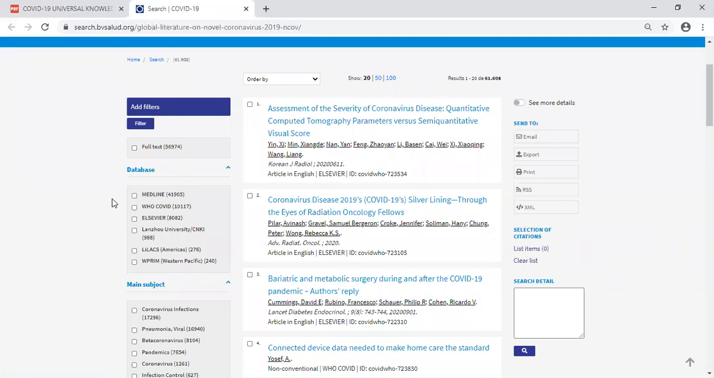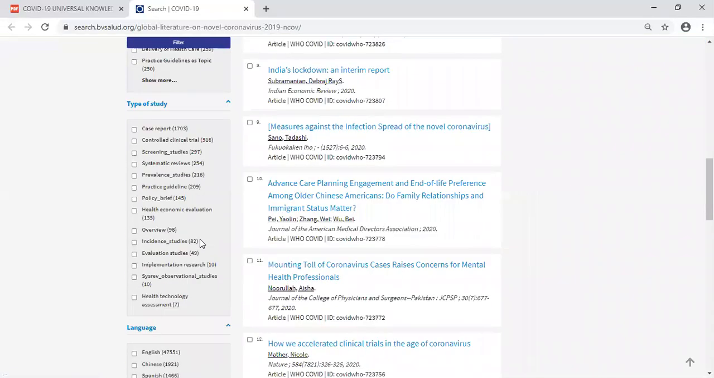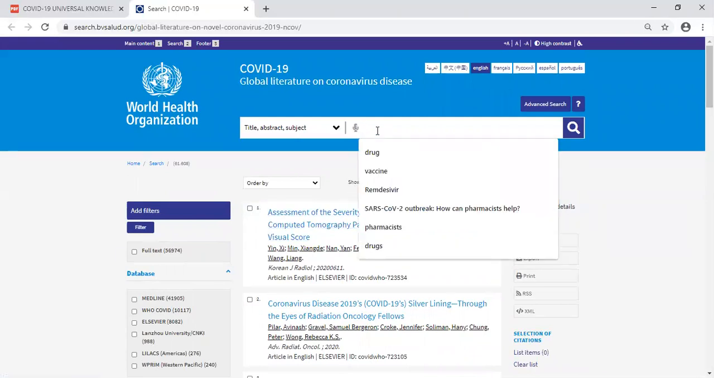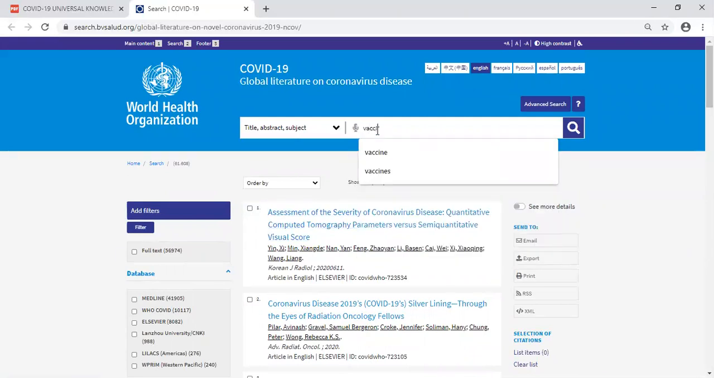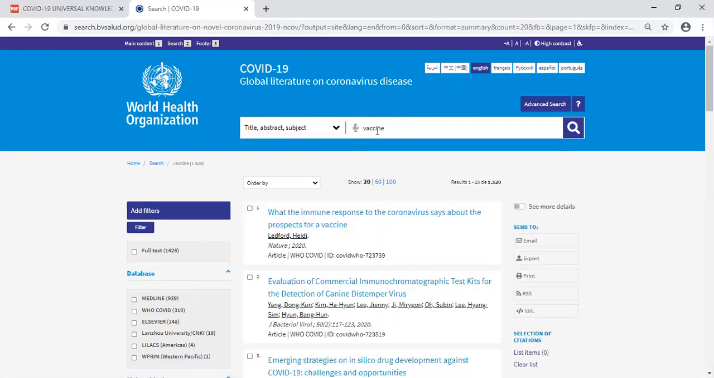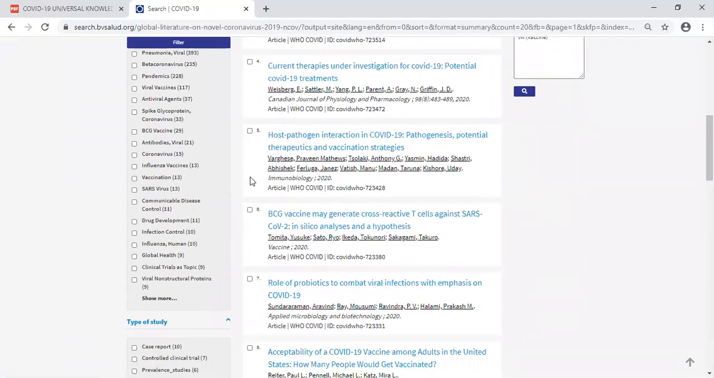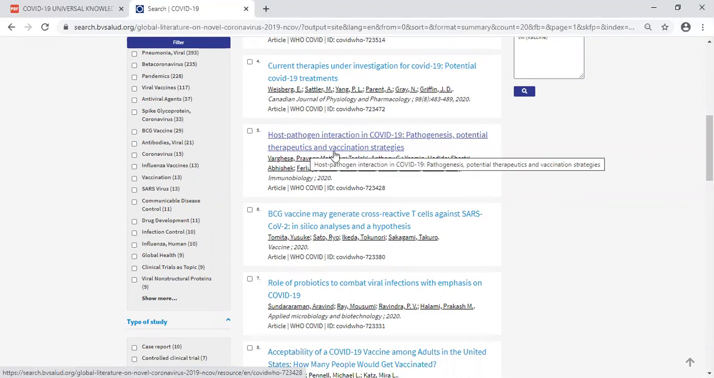And as you can see, these research papers are from multiple sources. You can choose any research paper of your liking. For the purpose of this demo, I will choose a research paper related to vaccines. The paper which I will be considering is this: host pathogen interaction in COVID-19, pathogenesis, potential therapeutics, and vaccination